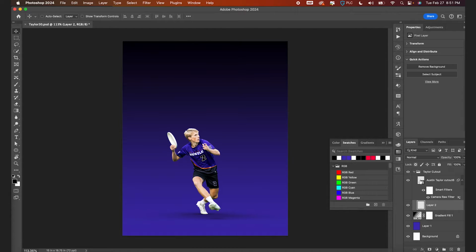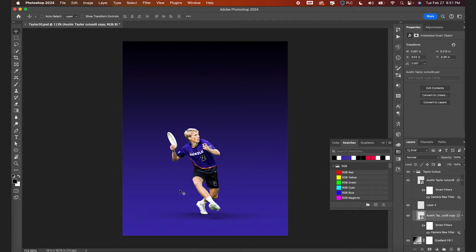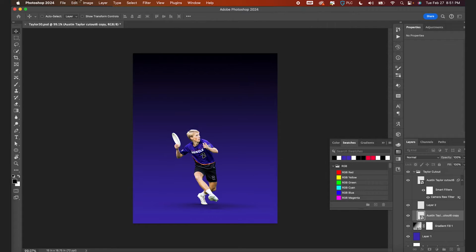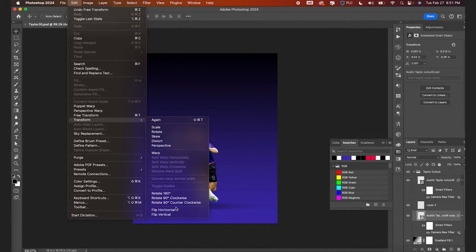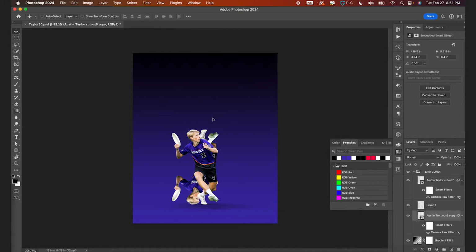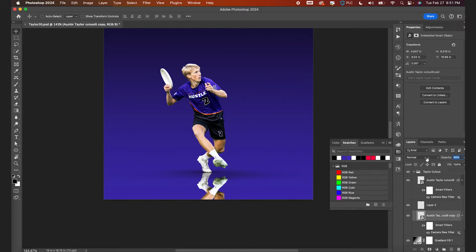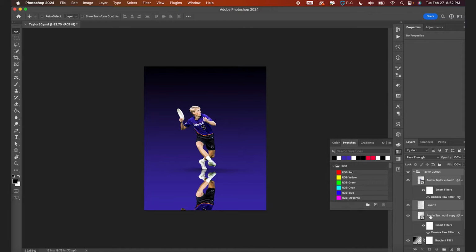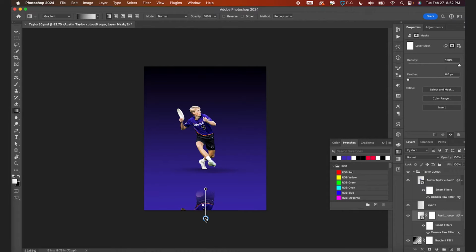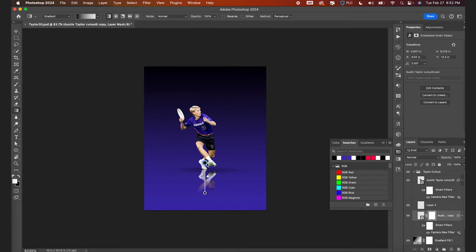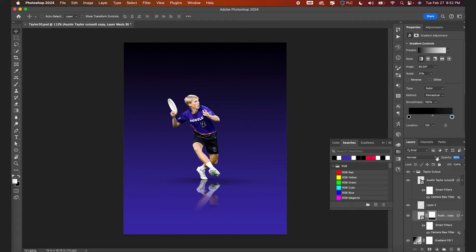Okay, I've been wasting too much time. I'm gonna make a reflection effect here because I was playing around with a different design a little bit ago and I liked how it looked just on a clean background. We're gonna flip this vertical and we'll line it up right about there. We will bring down the opacity. Well, first let's fade it out with a gradient. And I'm actually gonna lift all this up just so we have more of it to work with, just in case we want to move it around later. Put a mask on it, black gradient, oh, wrong way. And fade it out like so. And can bring down the opacity